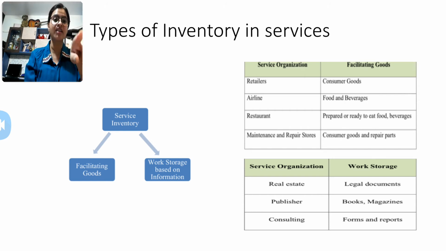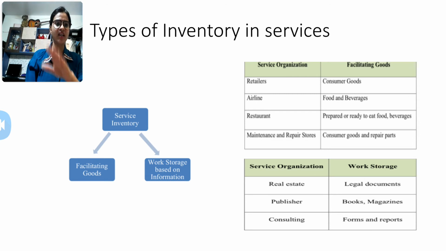So next is service organization. Again, I'm going to take the example of work storage based on the information. So service organization says that the real estate, and the work storage example will be legal documents. So in this, the best example to explain is that when you go to a real estate or when you go to a hospital, one of the best examples is hospital, you see various forms related to different departments like operations, then admission, then you're going to some other ICUs and all, whatever different types of operations take place. For that, all the different forms and formalities are ready in the system. So that is the meaning of work storage based on the information.